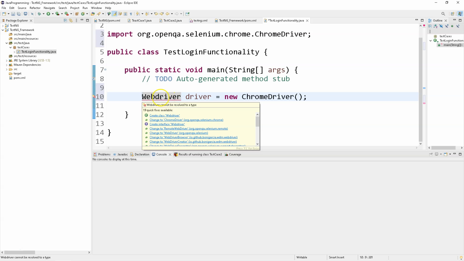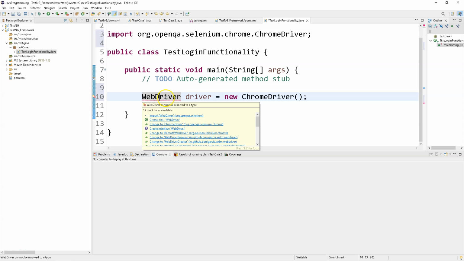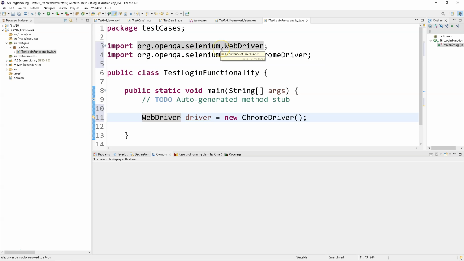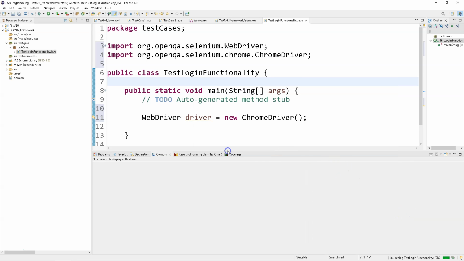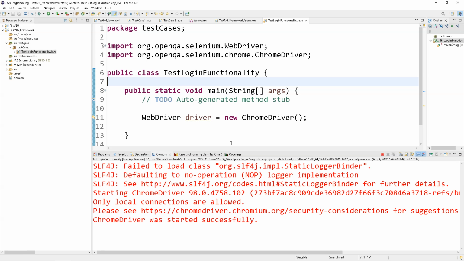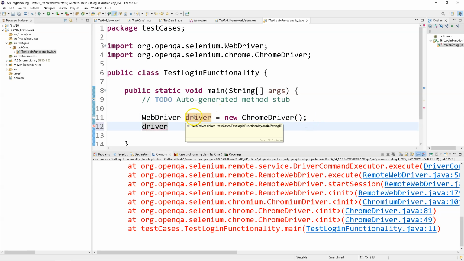WebDriver, maybe. Driver is... yes, WebDriver, it is a class, and we have imported the class. Okay, and if you just try to run it, it will successfully invoke the browser, but it couldn't navigate to the browser because still we didn't say anything. So driver is this driver, okay,